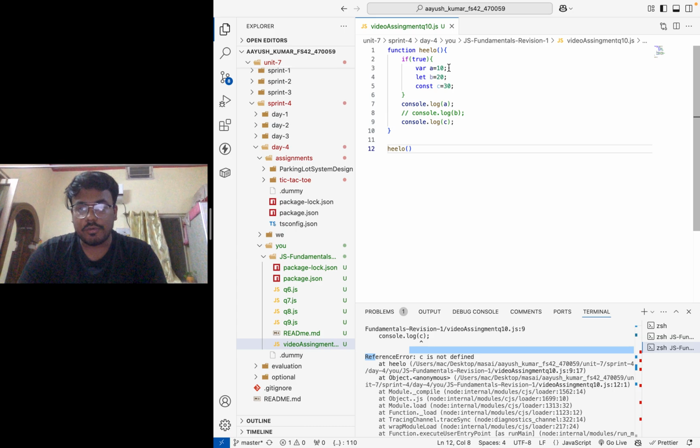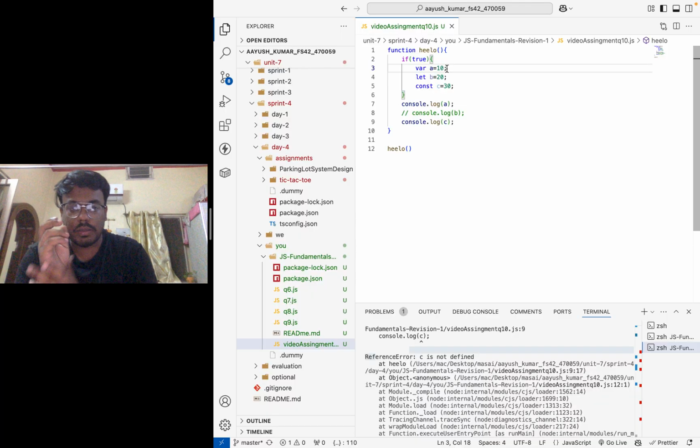Suppose here I create var a, and before that I print console.log a. Then it will be hoisting, because var is hoisted, and it will be initialized but not assigned the value, so it will print undefined. We will see with an example in a bit more detail. Let's talk about hoisting later, we are just going to see the aspects.